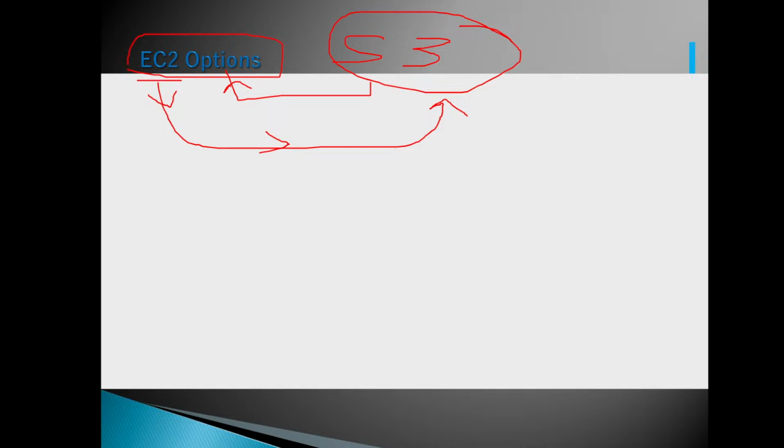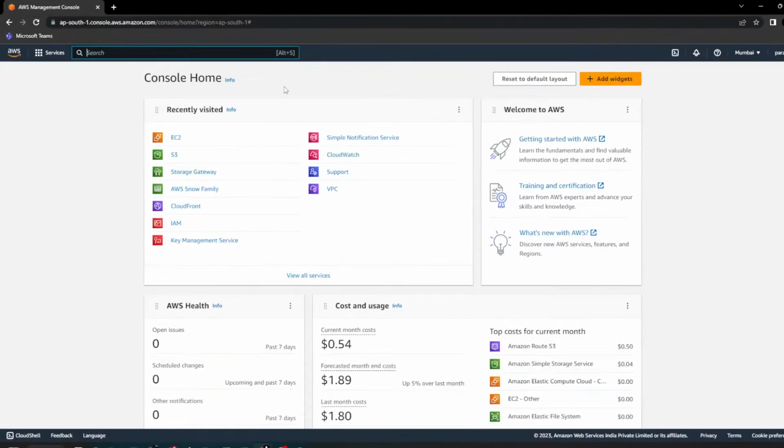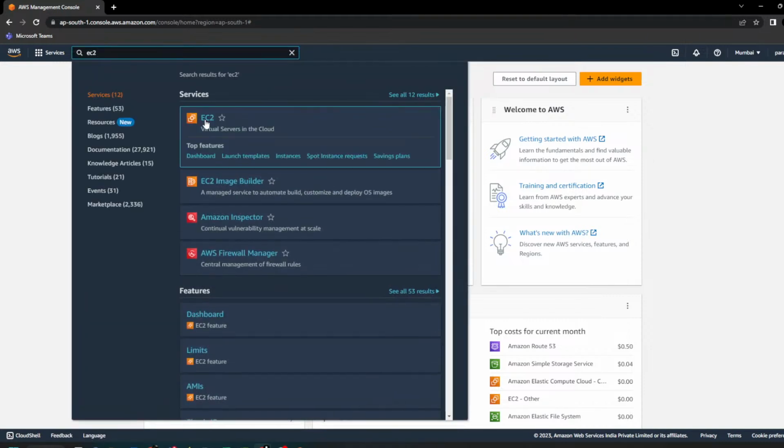For that, you will get it from EC2, and the data you store on S3. So how can we create an EC2 machine? Yesterday I showed you a small demo, but let's go today and create one step by step. You can just search EC2 in your AWS console,